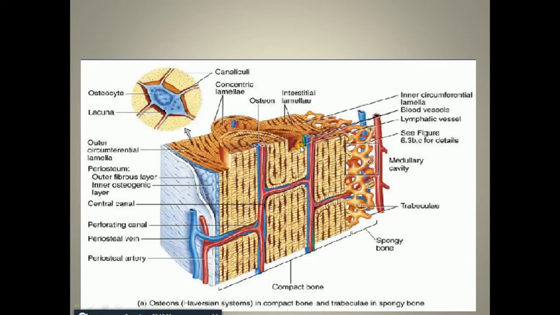Now this is the diagrammatic. This is the longitudinal section of a compact bone. Here we can see both the compact bone and the spongy bone, because this is the longitudinal section of a long bone. In a long bone, there are two main parts, epiphysis and